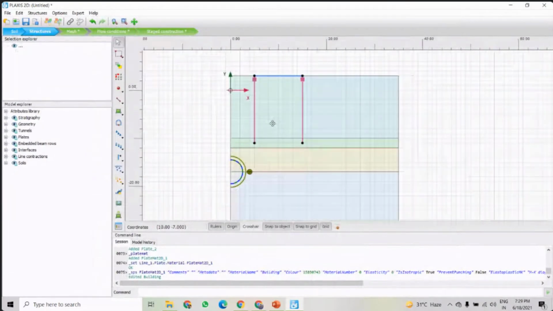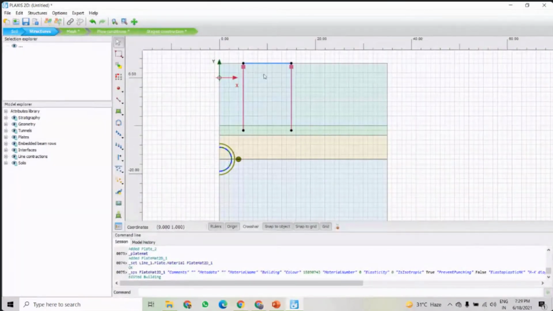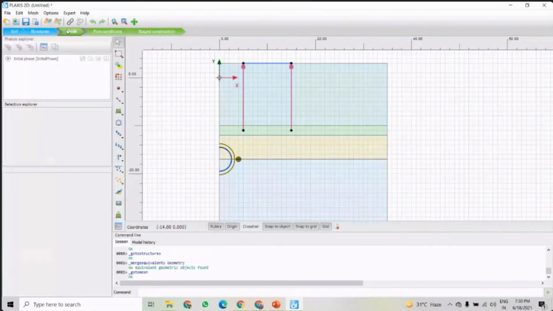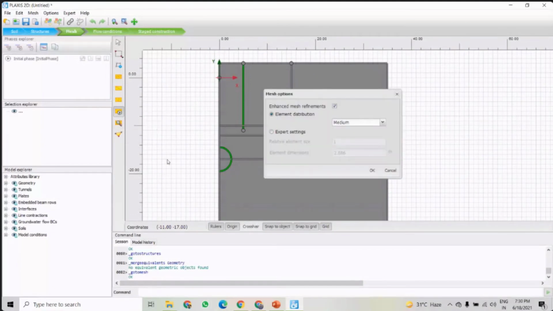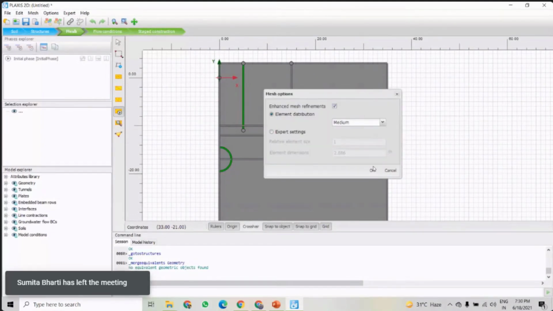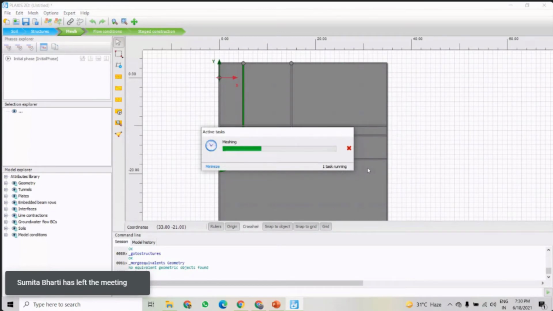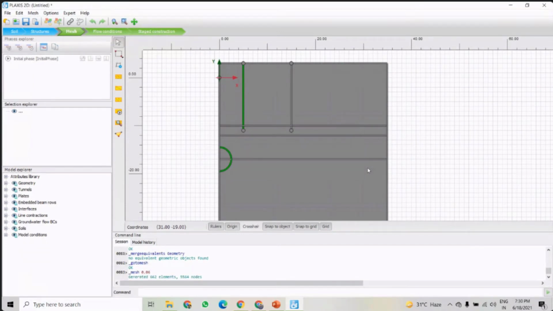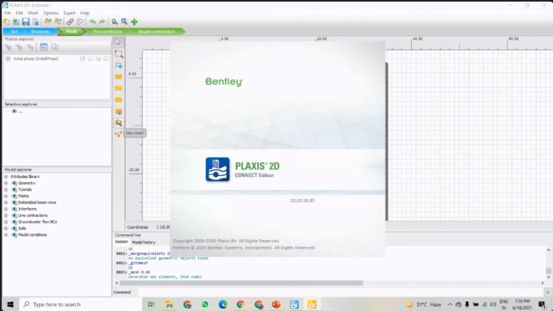Now I have created all the structural parts: tunnel, piles, and building. Once I change the soil or the structure, I need to create the mesh again. Then view mesh.